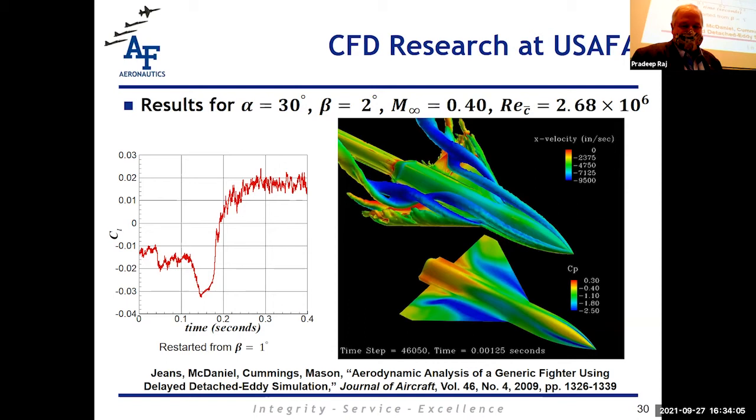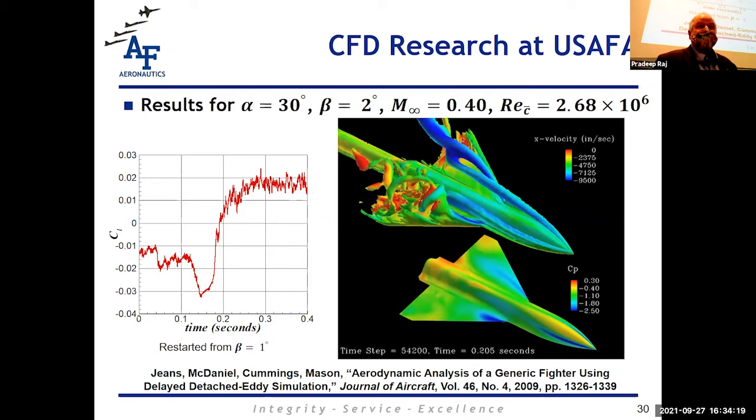There it goes. So you start off at 1 degree, and the vortices coming off the chine forebody and the delta wing are quite symmetric and interact with each other. And then about now, the right-hand wing vortices break down and the left-hand wing vortices don't. And that's where that roll moment change comes from.